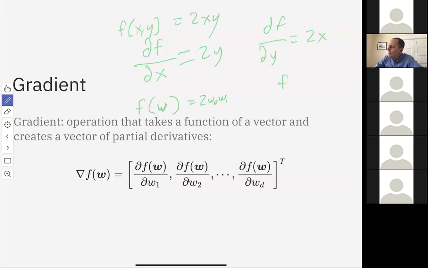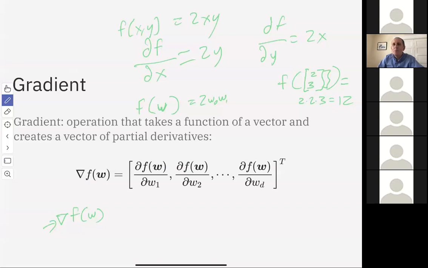So if we call f of the vector, and I'm going to use column vectors almost all the time here, if I pass in the column vector 2, 3, then this equals 2 times 2 times 3, which equals 12, right? Okay. So the gradient,